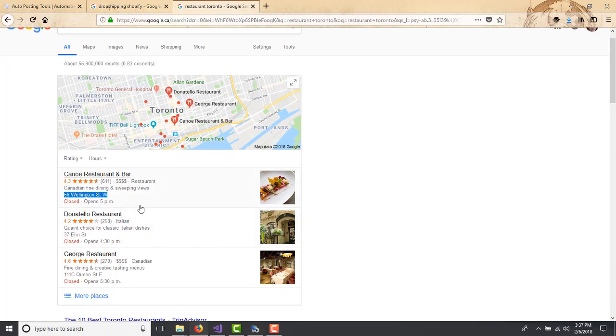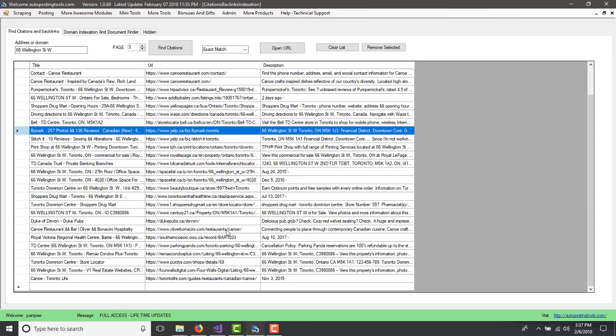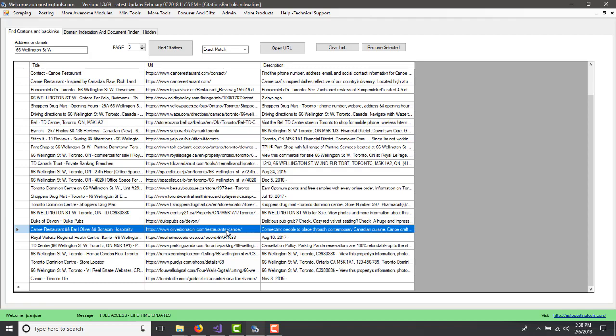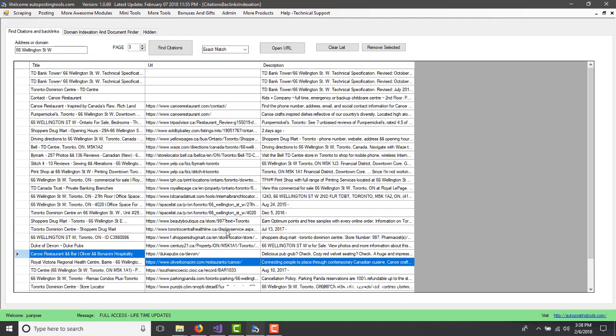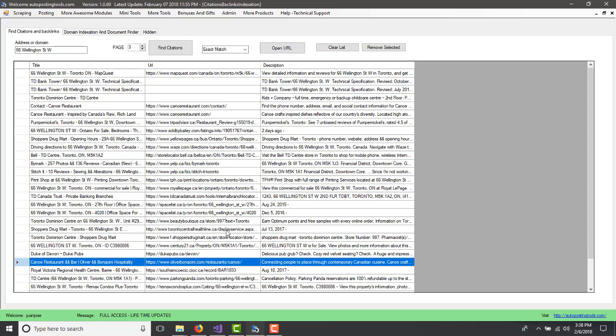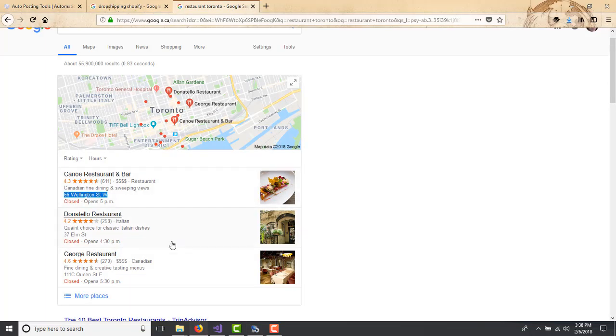Also, if you do that for the first one, the second one, the third, the fourth, then you will get a lot of places where you can place your business that are going to bring you traffic to your site. Because you will put your citation, they will give you a kind of backlink, so you can outrank your competition in any kind of business.